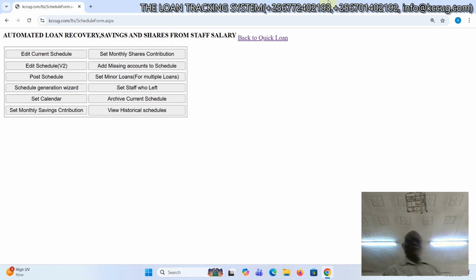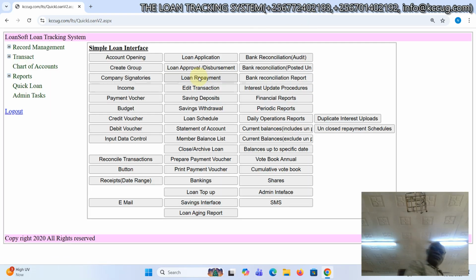Good. So now what we have demonstrated is a scenario whereby our recoveries and savings are done via the salary schedule. But remember, there will be scenarios whereby somebody comes and gives us cash. Say, put this money on my savings account. Another one will come and then say, put this money on my shares account. Therefore, we need to show you how we can